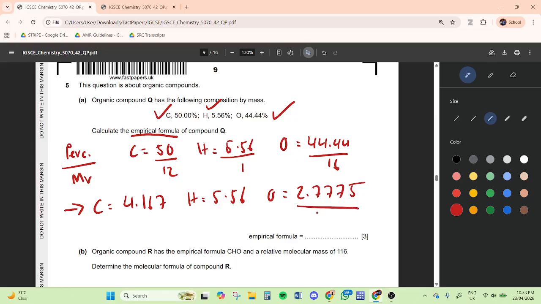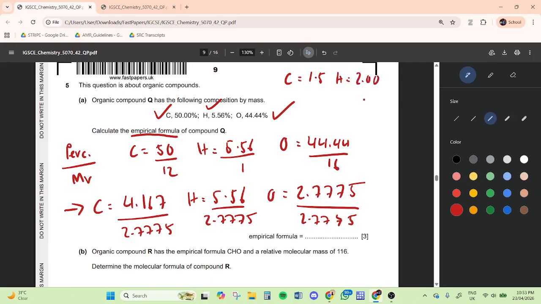So that would be 2.7775. This is also divided by 2.7775. This is also divided by 2.7775. So if we go over here, then your carbon comes to around 1.5. Your hydrogen comes to around 2.00. And obviously your oxygen is going to come down to 1. But you can't have 1.5 carbon, so what are you going to do? You're going to multiply everything by 2, multiply by 2, multiply by 2, which gives you